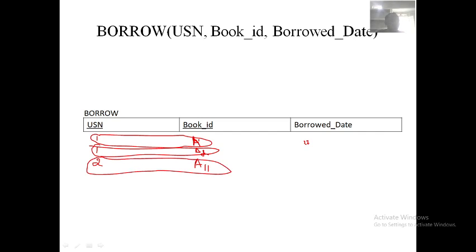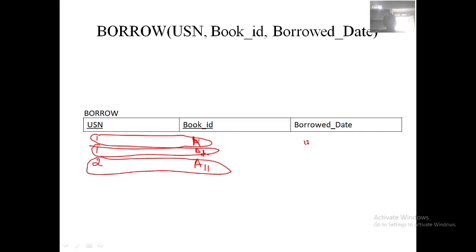In the last practical session also I discussed this. Got it? So both together, USN and book ID, USN comma book ID, it is a primary key. I told the syntax of declaring it.